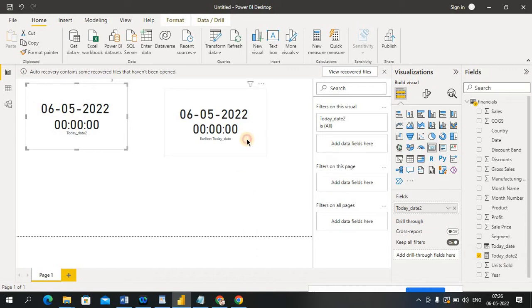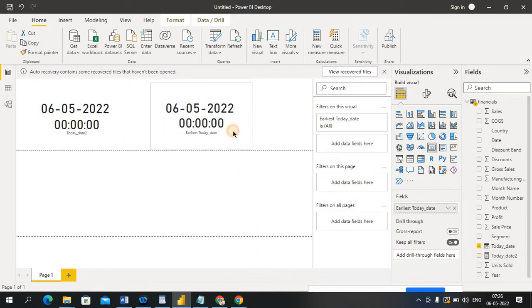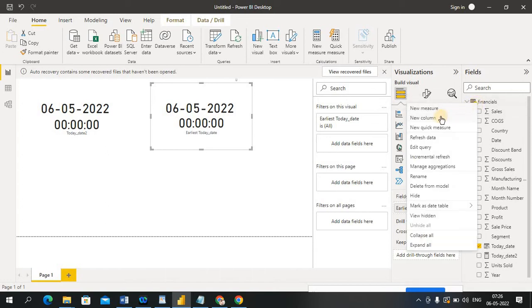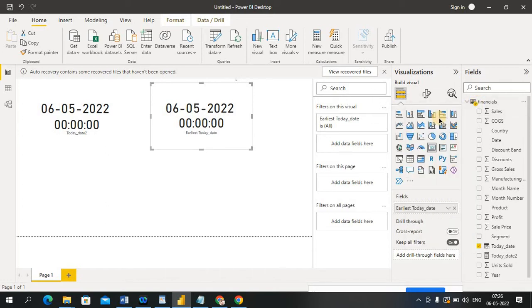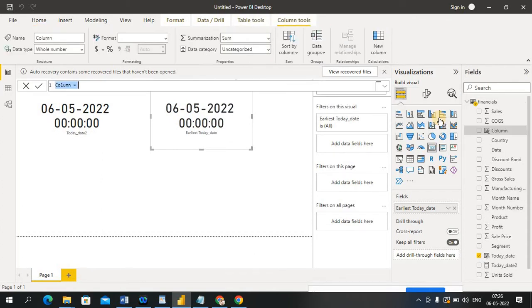Like one more example: right click, new column. The new column adds to the existing table. I am providing test 1 as my new column name, equals to